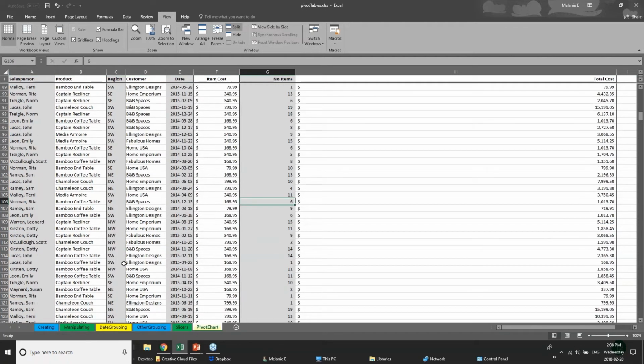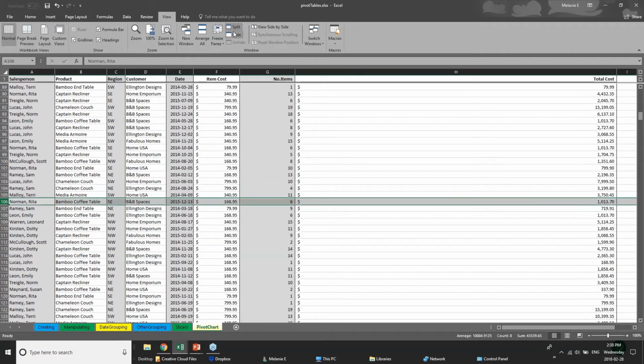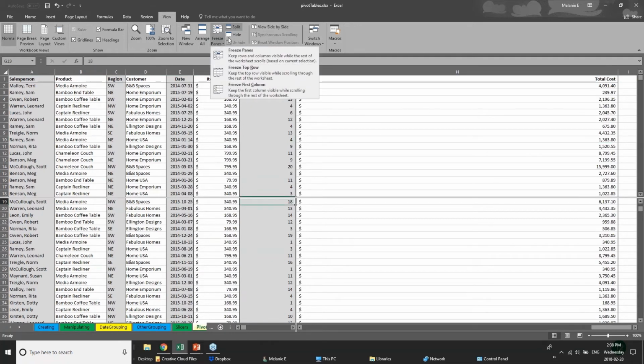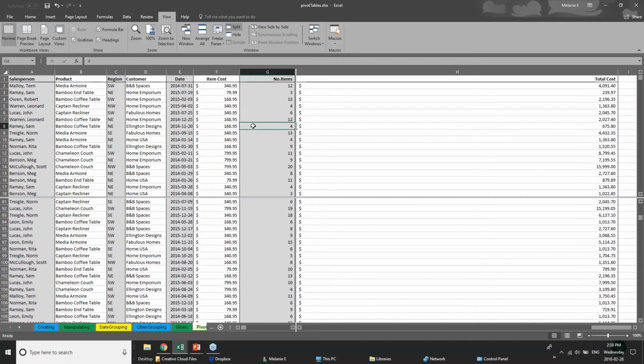And now, where'd it go? I lost it. There it is. Okay, here it is. I'm going to go here to split. Oh, it's getting confused because I have my freeze panes. Let's unfreeze this. Actually, because I have my freeze pane on, it wants to do both at the same time, but you'll see I can scroll through this information here independently